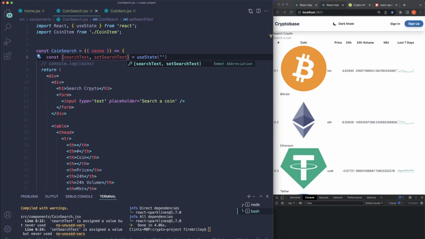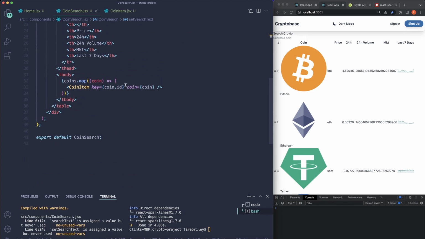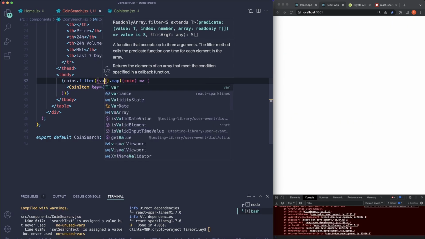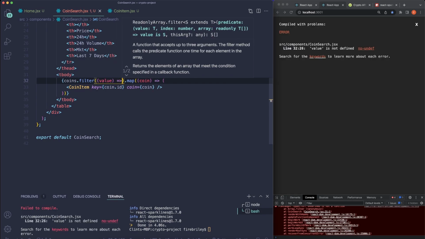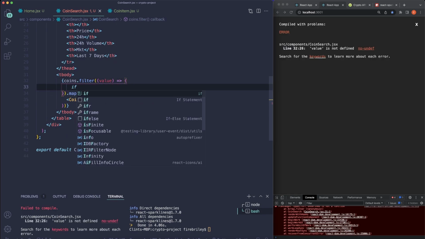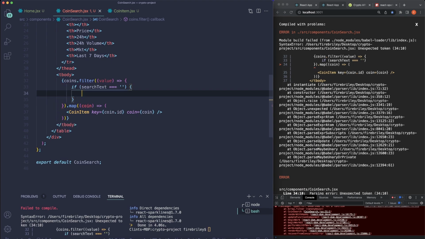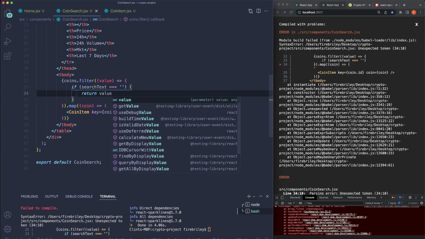And then down where we're mapping through everything, we're going to put the cursor right there. What we're actually going to say is coins.filter, then open up our parentheses here, and we're just going to take in a value, and it's going to be an arrow function. And what we're going to say is if searchText is an empty string, then return the value,